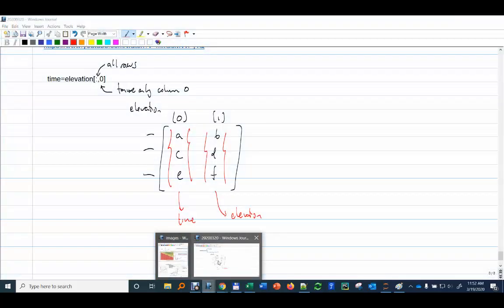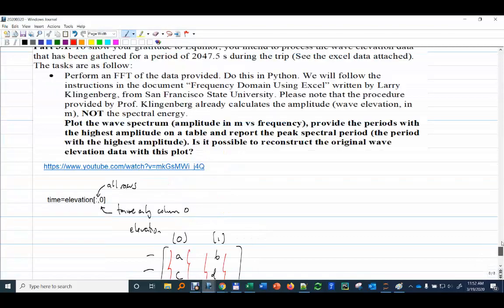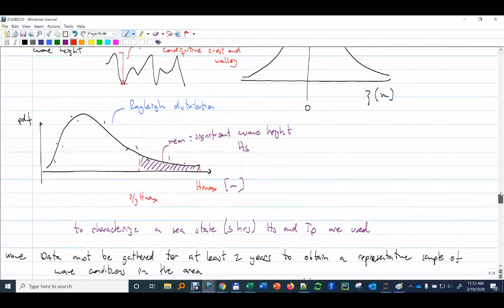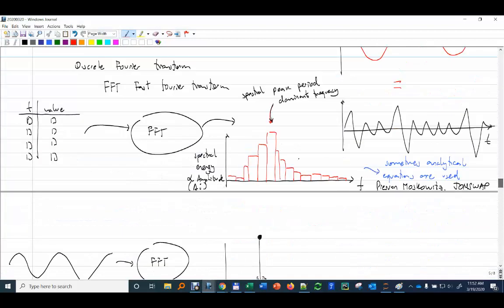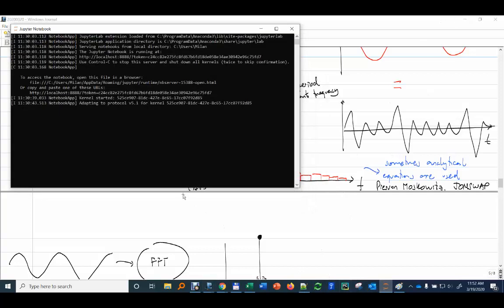If we see on the lecture notes from last time, we see that we have a signal in time and we apply FFT, and then we obtain the spectral energy, but in this case we are obtaining right away the amplitude because we are multiplying by 2 and dividing by the number of points, and then we need to obtain actually the corresponding frequencies for each one of these points. Okay, to obtain the frequencies,